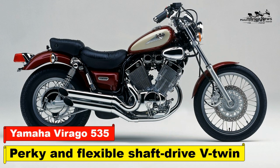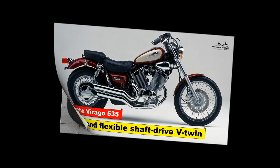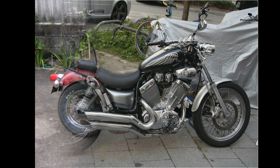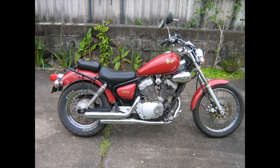Yamaha Virago 535, 1988 to 2004, review. Perky and flexible shaft drive V-twin. The Yamaha Virago 535, codename XV535, was originally introduced in 1988 as an all-new, smaller, more entry-level, novice-friendly cruiser little